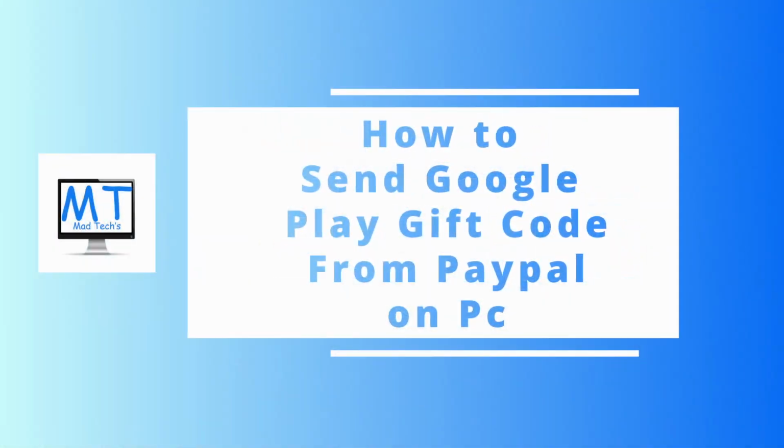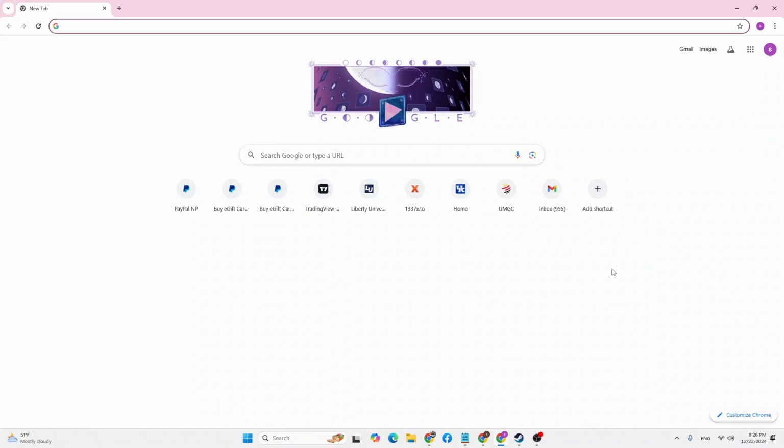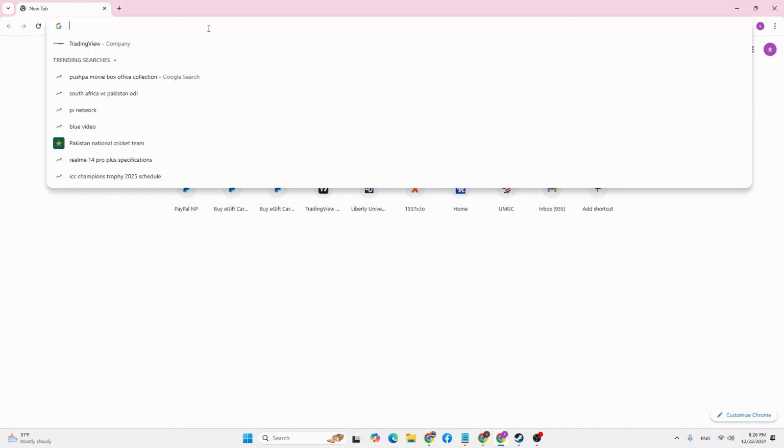Today we'll be learning how to send a Google Play gift code from PayPal, and now let's dive right in. Now, in order to send the Google Play gift code from PayPal, first open up your preferred browser on your computer. As I have already opened Google Chrome over here, on your browser, click on the search bar at the top of the screen and enter the address